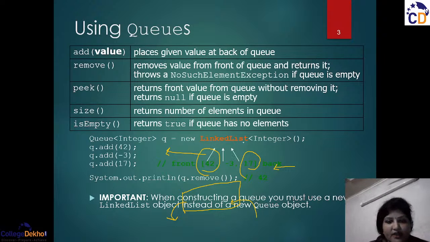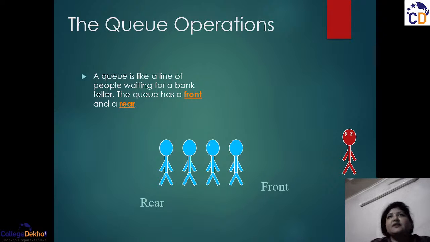This is the actual working, like you are creating a linked list type of object, not the queue object. So let us see how it works and what the basic architecture of it is. A queue is like a line of people